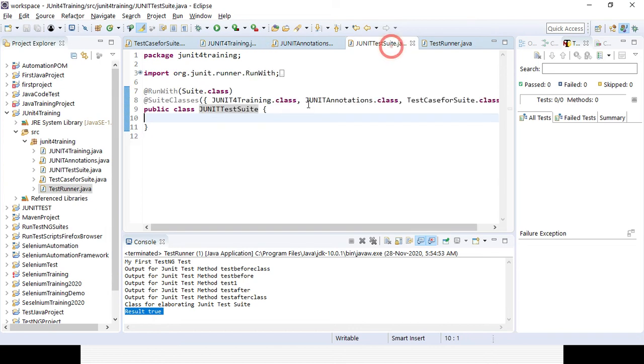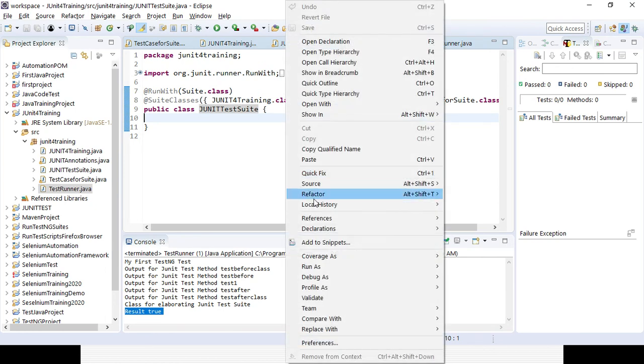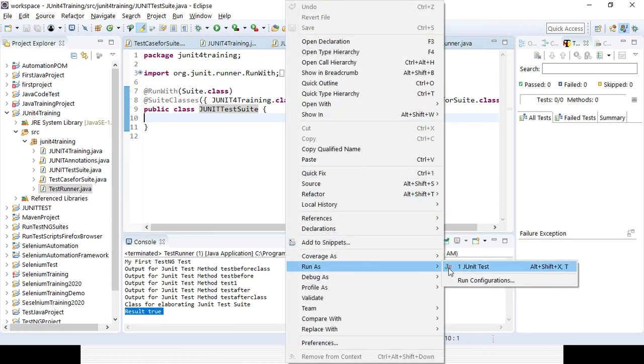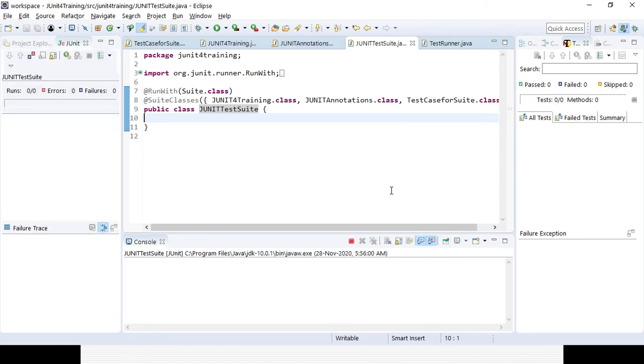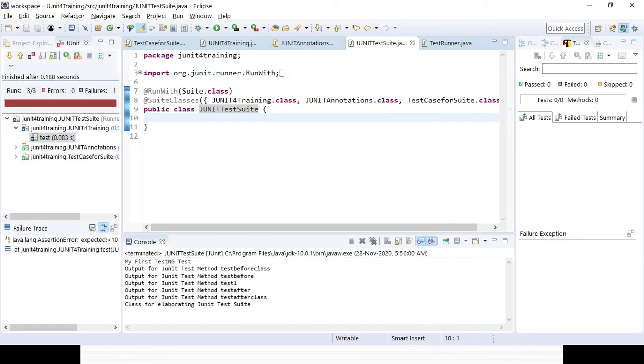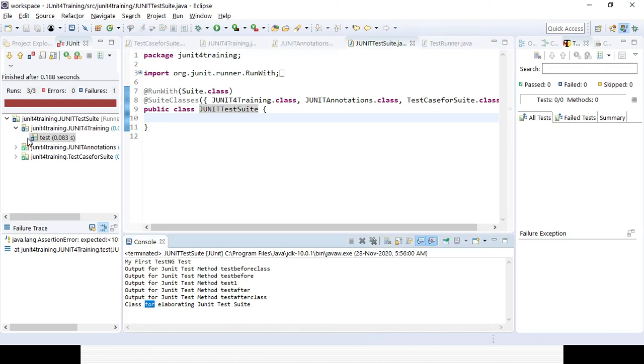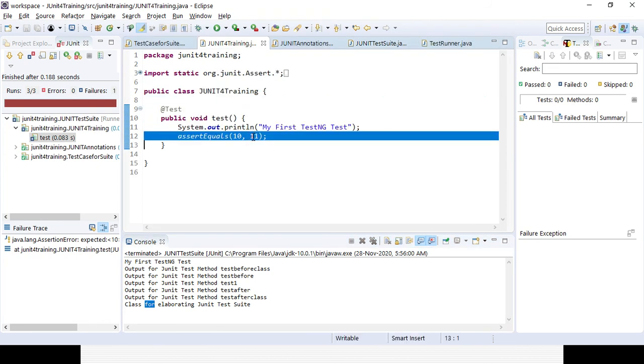Now if you run it with the help of the TestNG suite, it will also give you the correct result, because one particular method in a particular class will fail. You can see the output is coming, but one class failed. Overall, it is failing, and the test method failed in the JUnit for training class, because I have changed the assertion verification point.